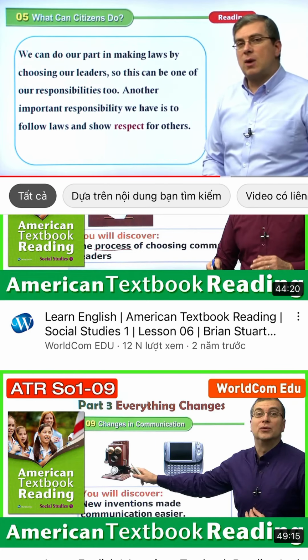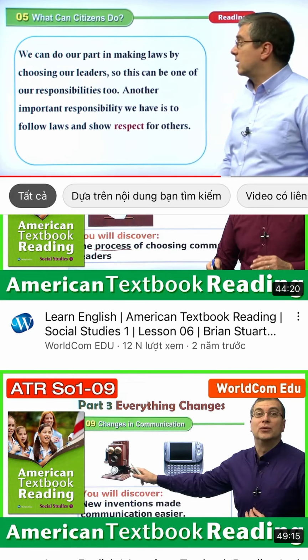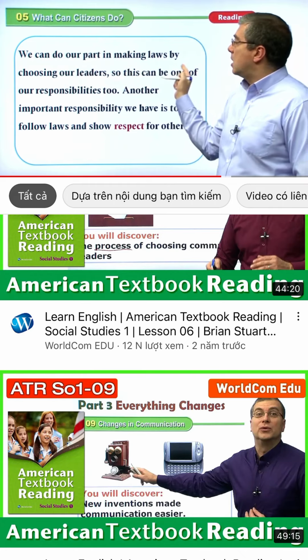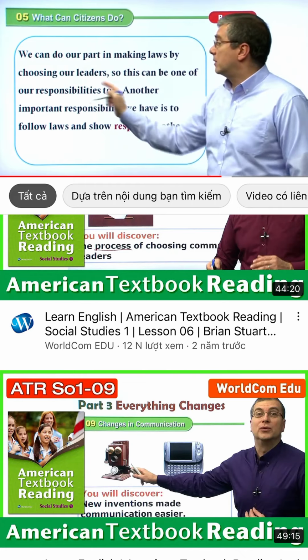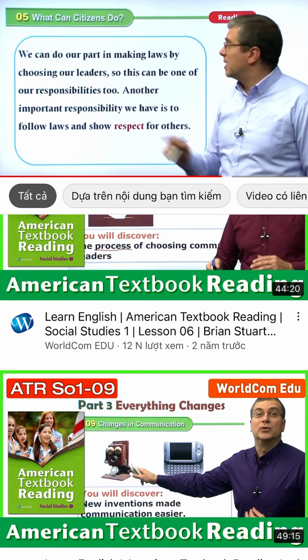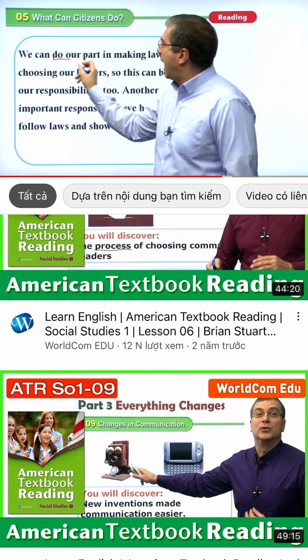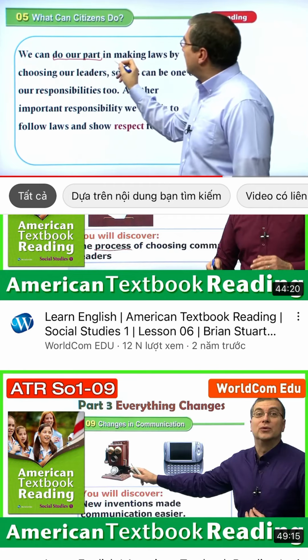Okay, we've talked about rights, but now we see a transition into responsibilities, right? Let's go over this. We can do our part in making laws by choosing our leaders. So this can be one of our responsibilities too. Interesting. We have a couple of interesting things here. We can do our part. We can take part in something. In making laws